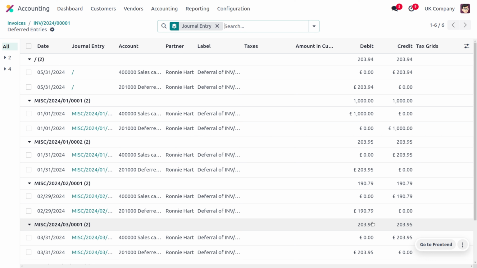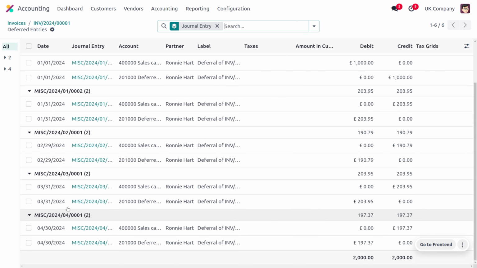That will be the amount of service, or software maintenance, for a day. And you just need to find the software maintenance amount for January. So here you can see January. This is the amount for January, which is 203.